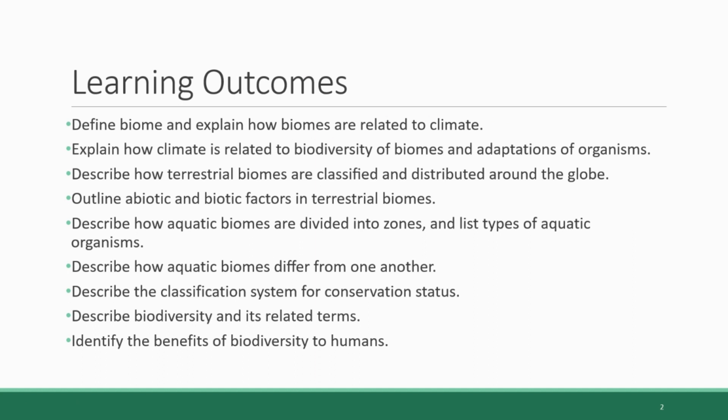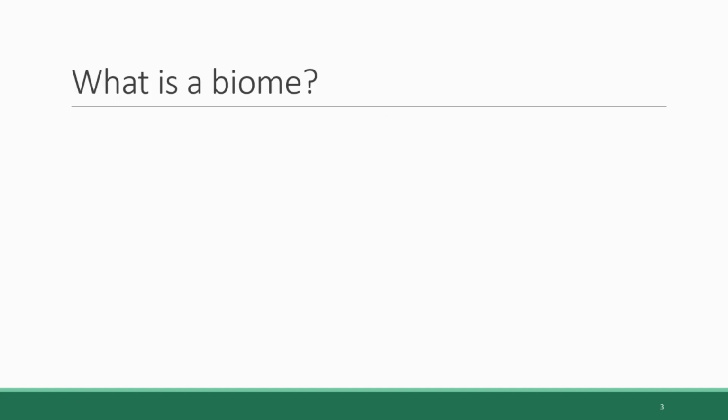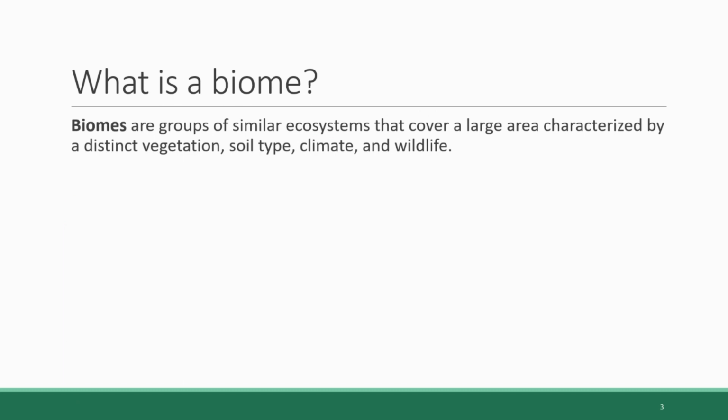So heading into this chapter, you may already have some sense of what a biome is, and you may even be able to name some specific biomes. But before we can talk about the different biomes, we need to define what a biome is and also talk about the variables that give a biome their particular characteristics. So biomes are groups of similar ecosystems that cover a large area characterized by a distinct vegetation, soil type, climate,